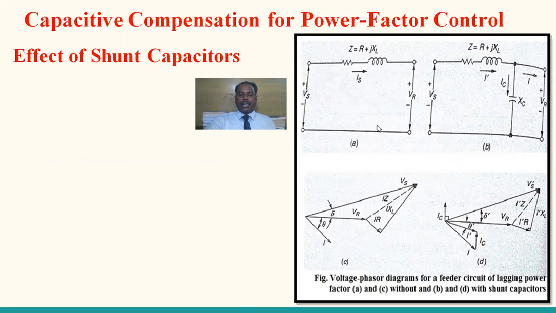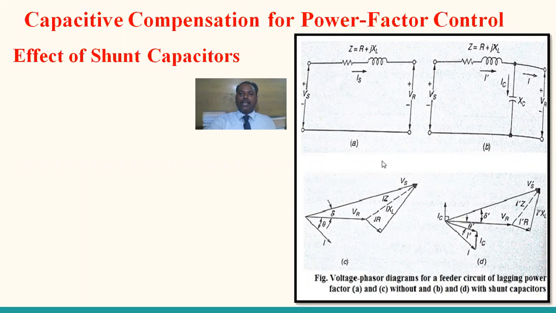So at that time, the corresponding power factor and the corresponding phasor diagram: the receiving end voltage and the lagging current, as the load power factor is generally lagging. The angle between the voltage and current is phi, that is the power factor angle. Based upon this current, the magnitudes of the resistive drop, inductive drop, and impedance drop have to be drawn. The receiving end voltage plus the drop of the section will give the sending end voltage. So this is the generalized circuit diagram along with its phasor diagram.